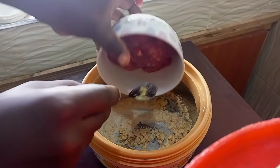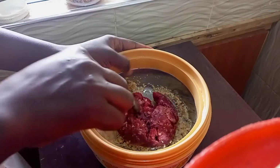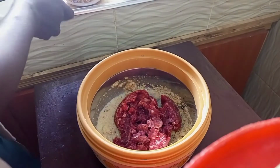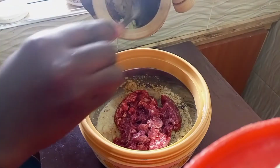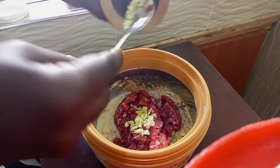Yeah, so I just went ahead and mixed the milk and the breadcrumbs. If you don't have breadcrumbs, you can just cut one slice of bread into tiny pieces and add a bit of milk or even plain water. It will still do. Yeah, so I just went ahead and added the minced meat, and then I added some